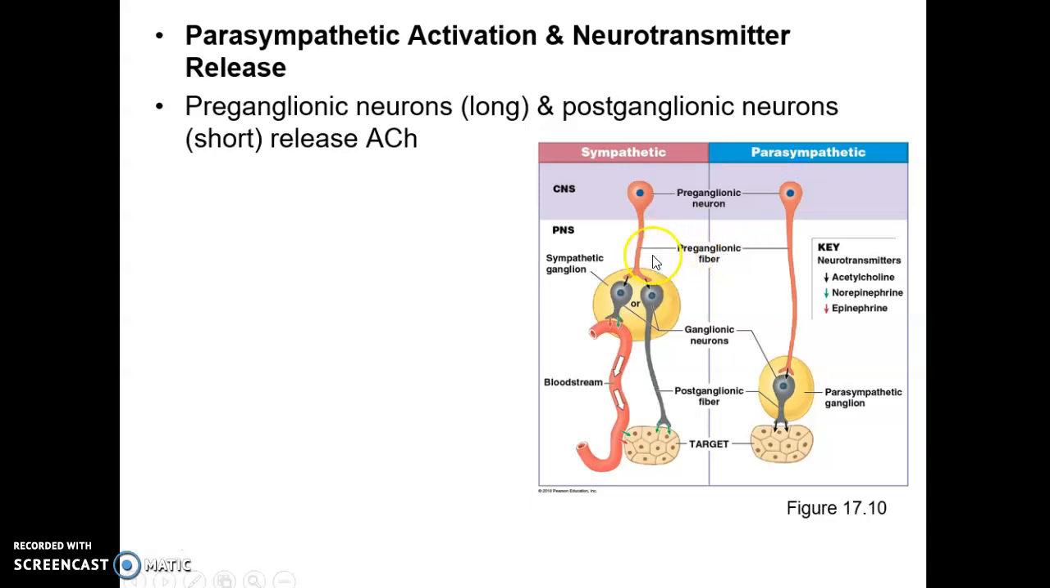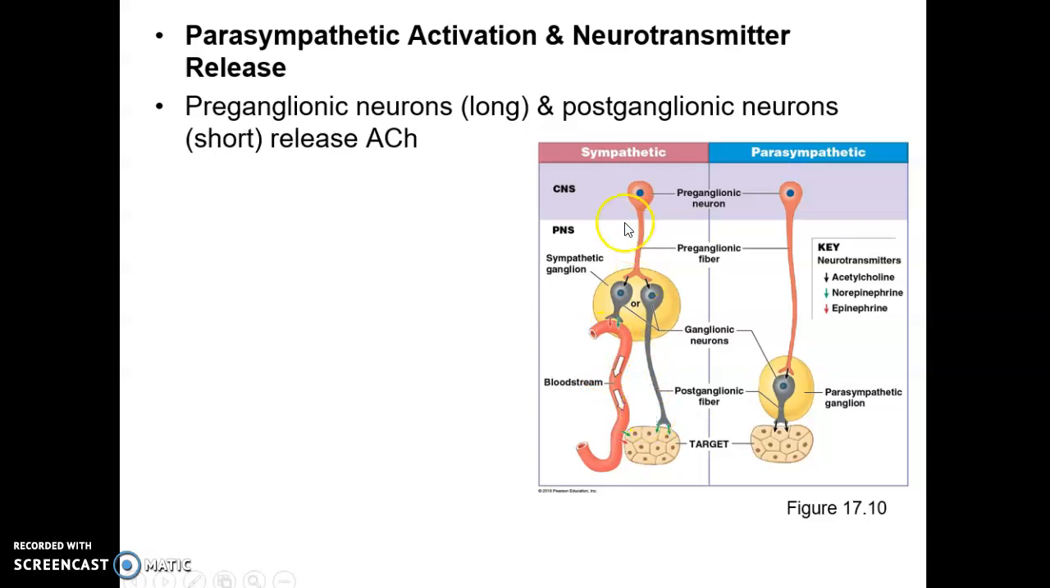Preganglionic fibers are short in the sympathetic division compared to longer in the parasympathetic division. The ganglia tend to be much closer to the central nervous system in sympathetic, further away in the parasympathetic, actually sometimes within the target organs. And then the